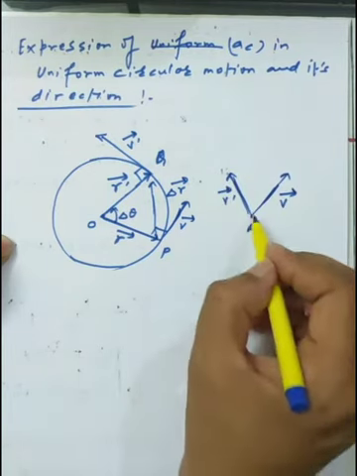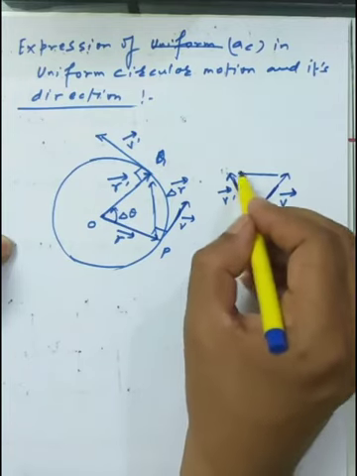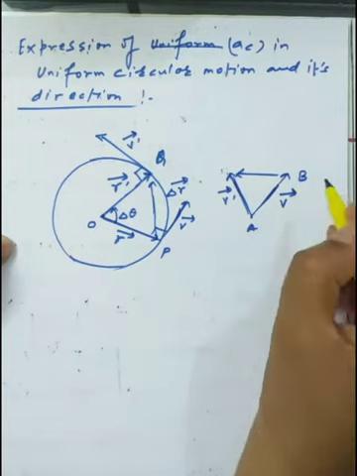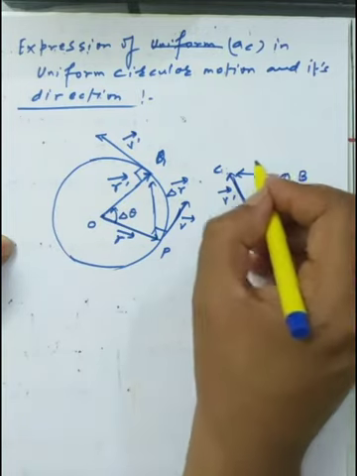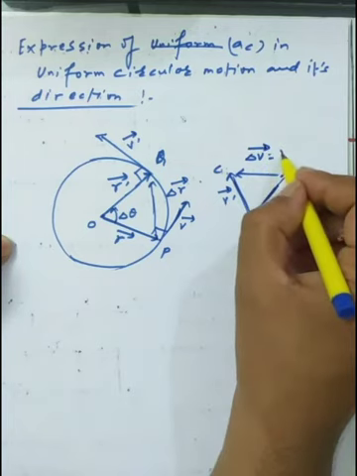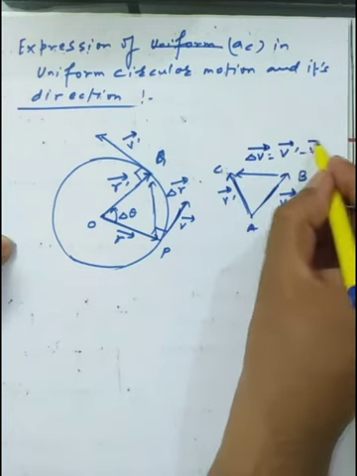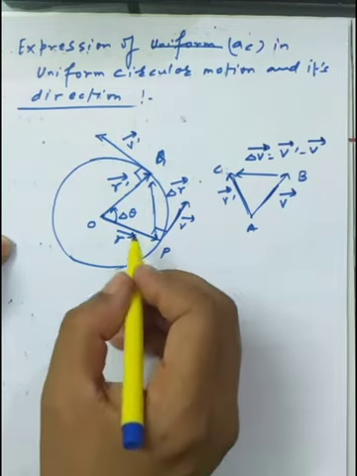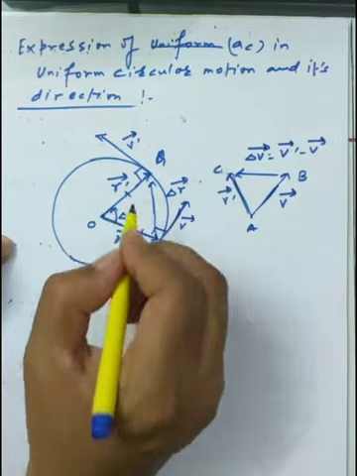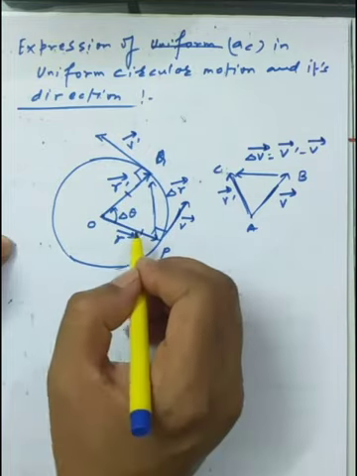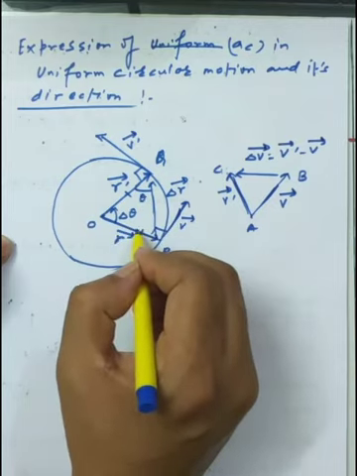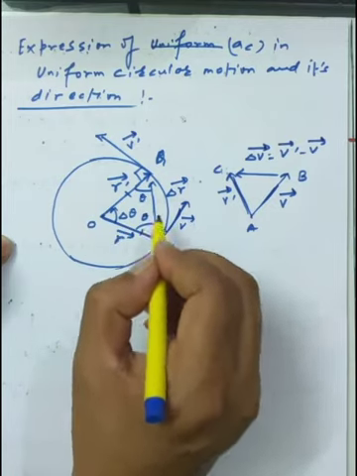Okay. Now we are just getting the third vector, that is called the change in velocity. So I am just doing the nomination A, B and the C. Okay. So the B to C will make the change in velocity, and the change in velocity is called the vector V dash minus vector V. Okay. So here we are just assuming that the OP is equal to the OQ. So both the sides are equal. Both are the opposite sides we have. Now the angles, those are the opposite angles, will also be the same.